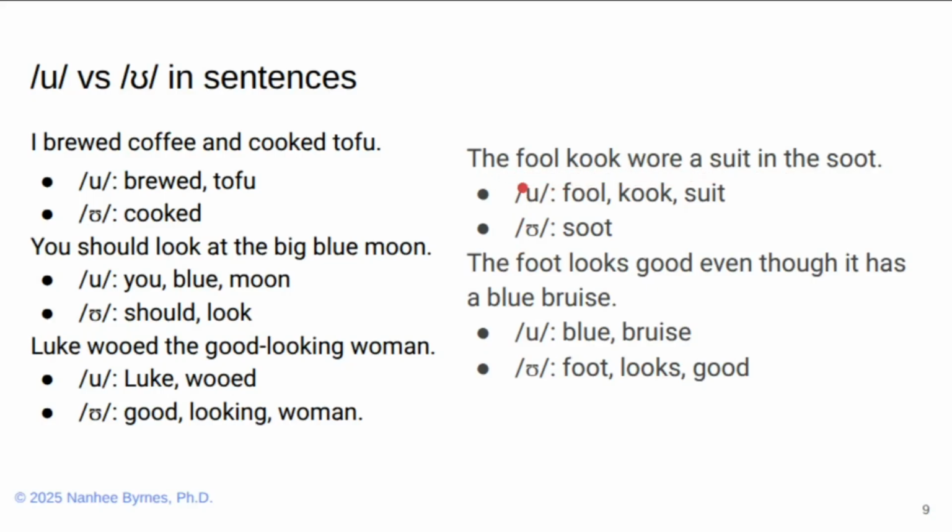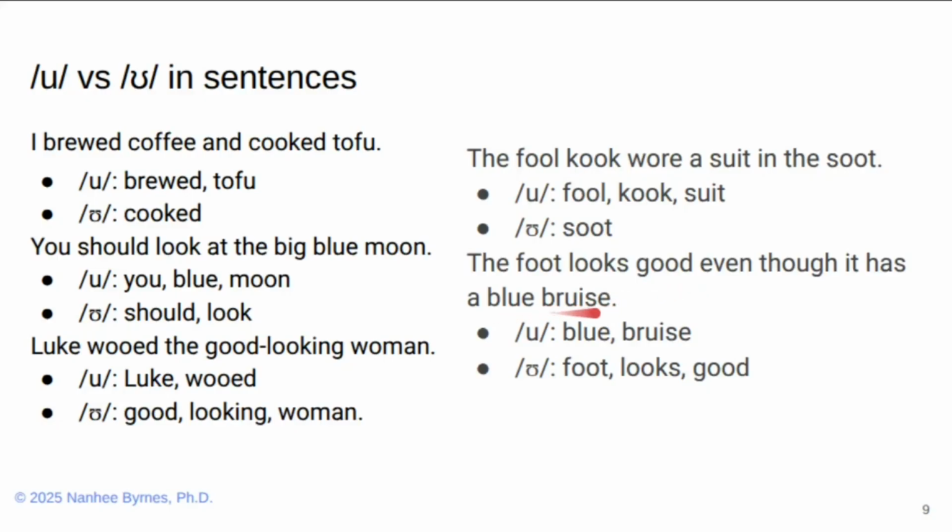Fool, kook, and suit are stretched with oo, but soot is shorter and rounded with ʊ. Finally, in the foot looks good, even though it has a blue bruise, words like blue and bruise are tense